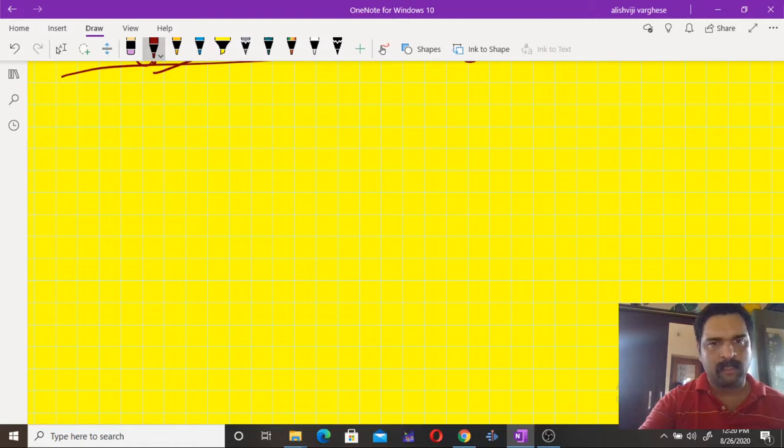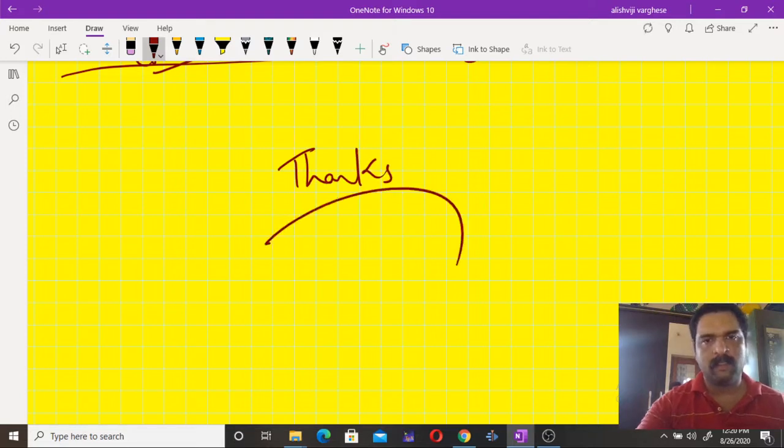So by this we wind up our session today, and we will meet again with the discussions on existential quantifiers, universal quantifiers, etc. That's a different section of fundamentals of